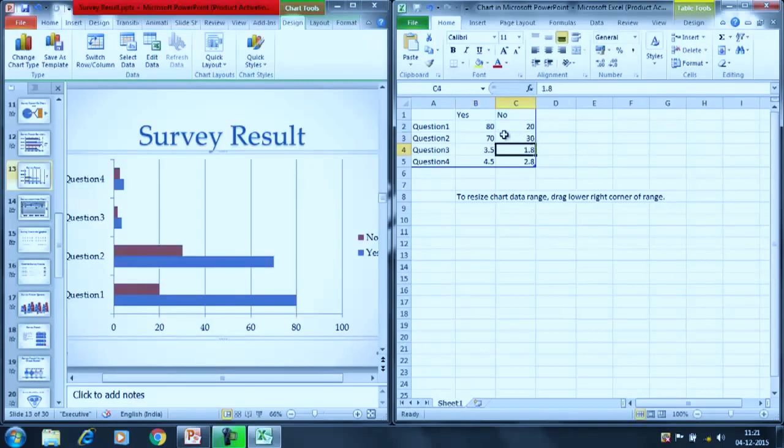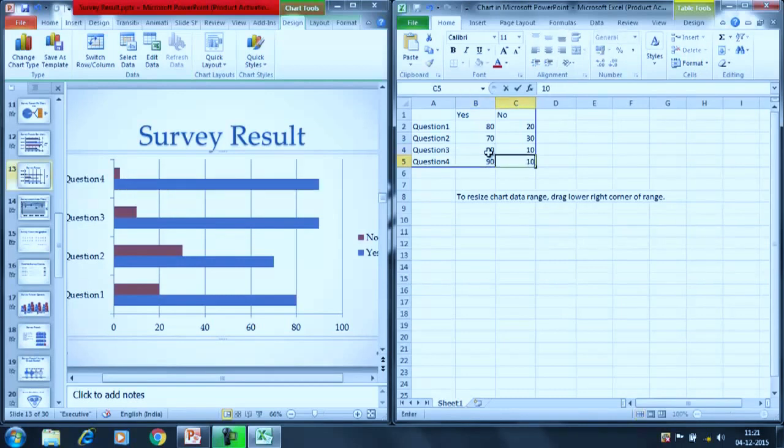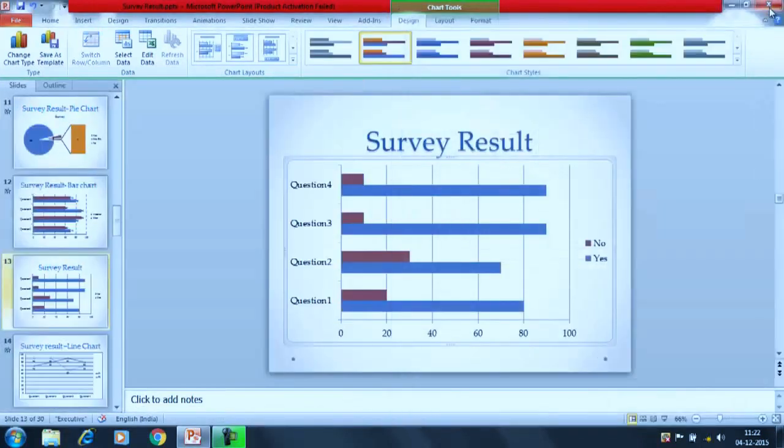As we are entering the data, the bars and everything are going to adjust on their own. 90 and 10. Then again 90 and 10. Alright, so that's it. You can close it. I guess the survey result report is ready.